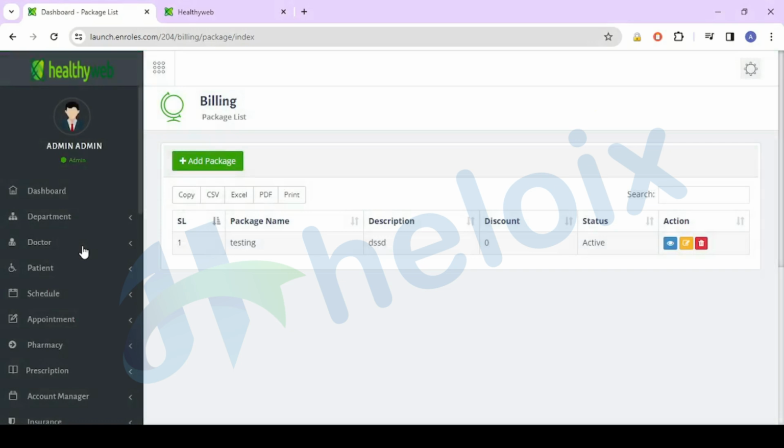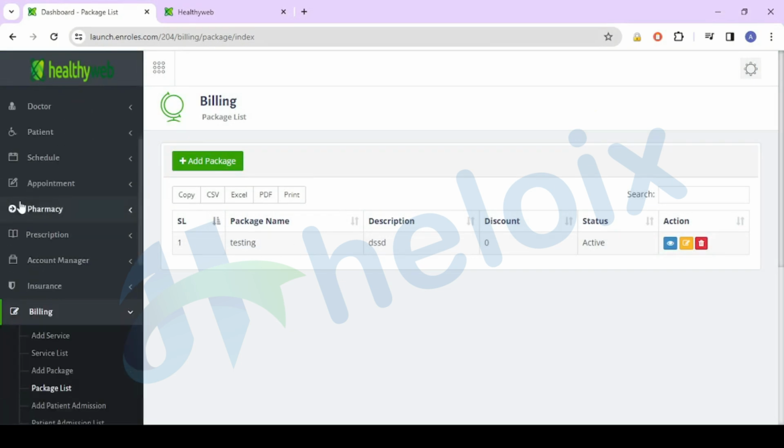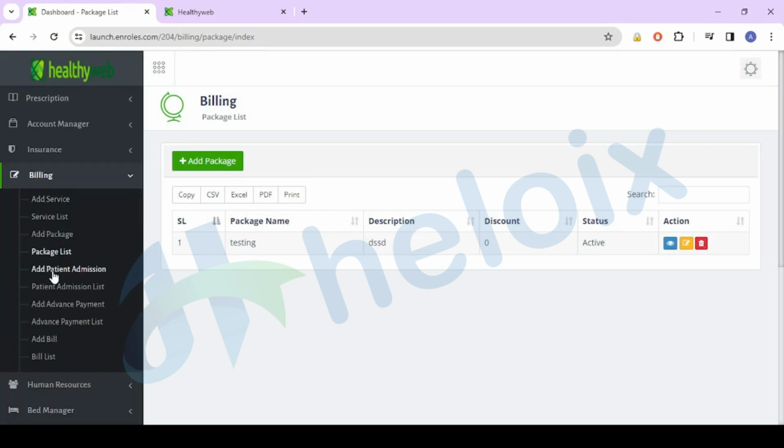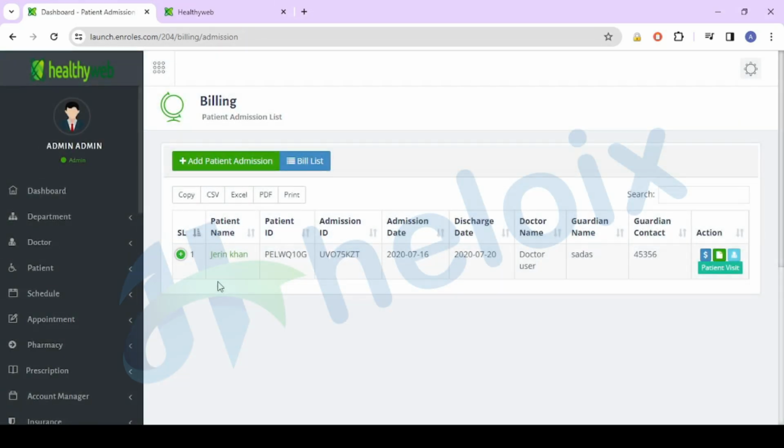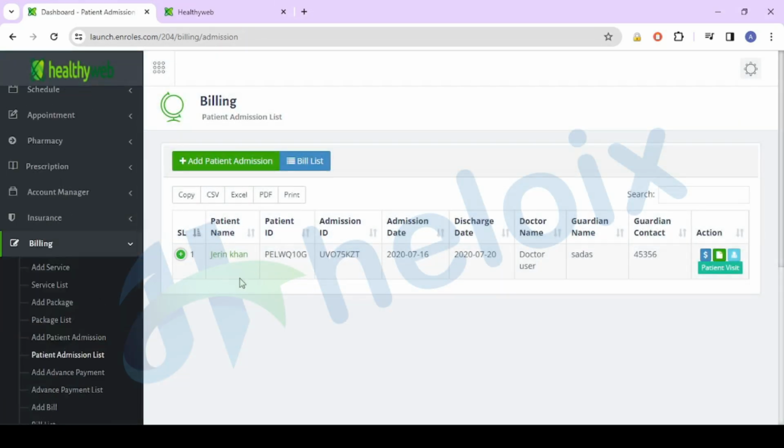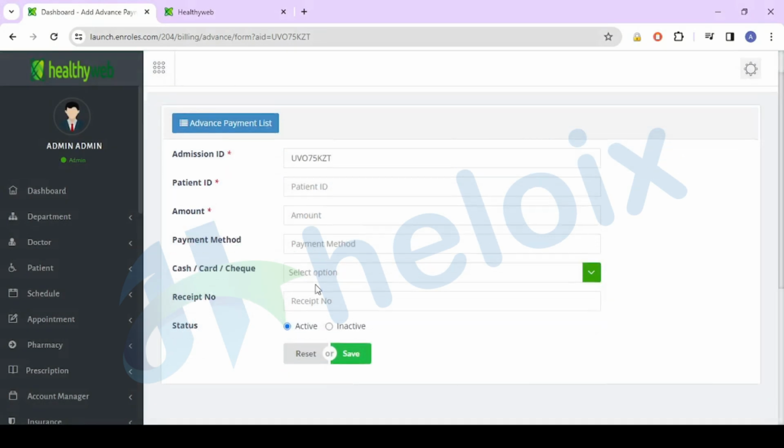You can check the patient list here. After that you can check the patient admission list here. Okay. These are payment details and patient details. If you want to visit, add a bill, add patient medications, or check advance payment here, if you select here, you can manage that payment.